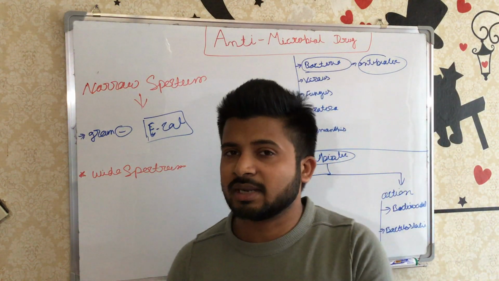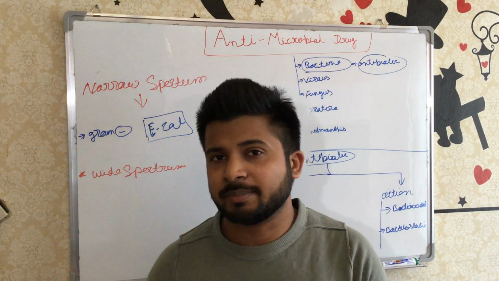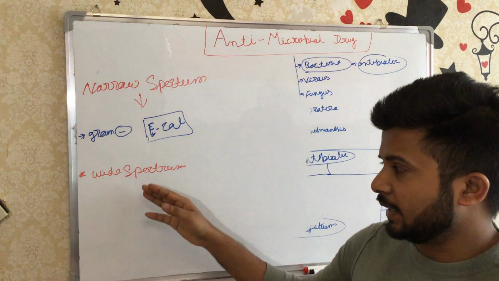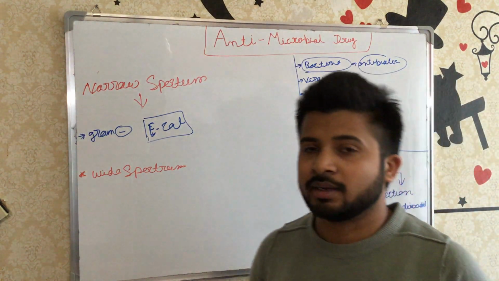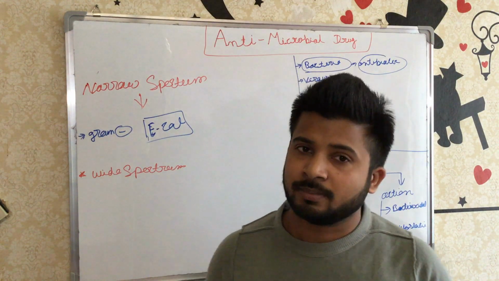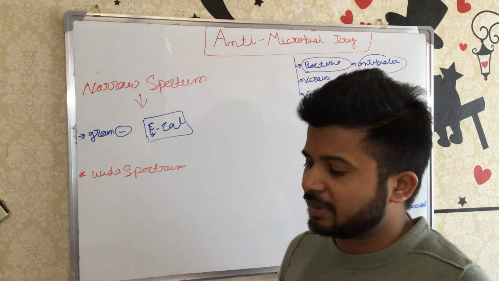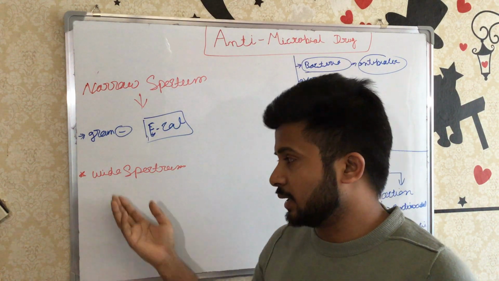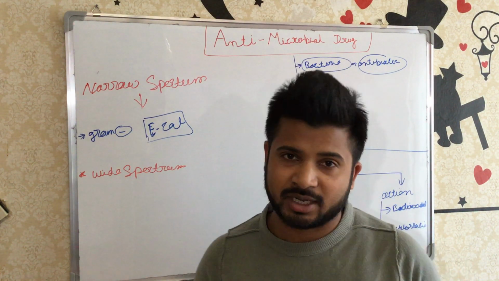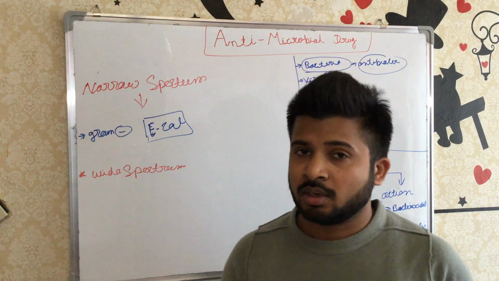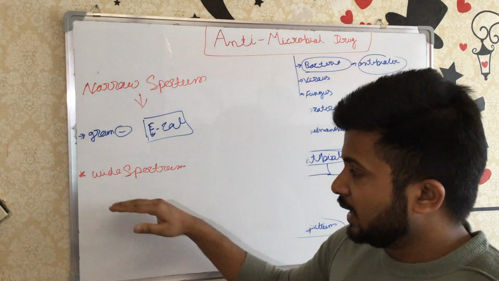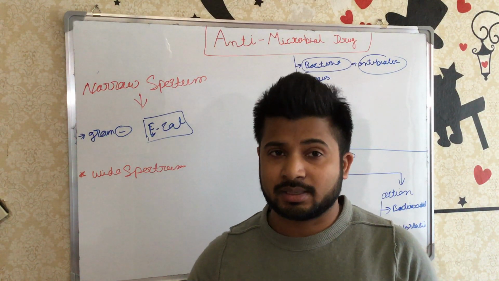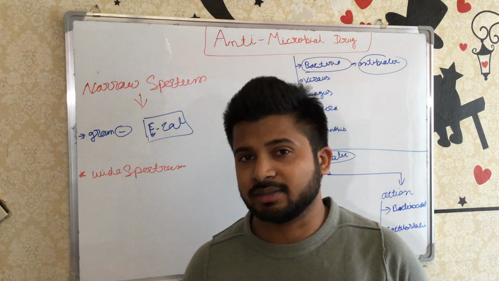It means we know that the person has a bacterial disease, but we don't know the exact bacteria. So in these conditions we can give a wide spectrum antibiotic, because it can kill the gram negative, and it can kill the gram positive. And as we know, the most probable bacteria are gram positive and gram negative. So obviously the drugs that belong to the wide spectrum will be helpful for the person. But what is the bad thing? The bad thing is that it can create more side effects.